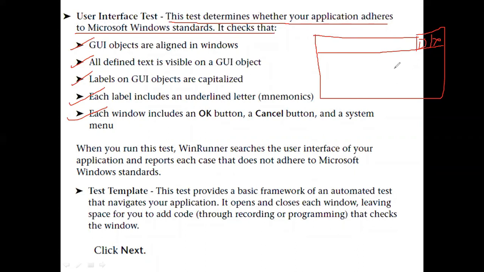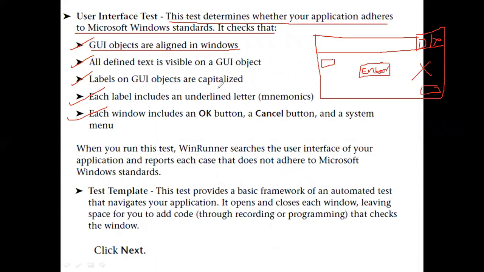This user interface test can check whether the GUI objects are aligned in windows or not. That means if you are writing the OK here and cancel here, whether they are aligned or not. Also whether all defined text is visible on the GUI object or not. For example, if you are using any text boxes, here I write enter name. Now, is this text visible to the user or not.